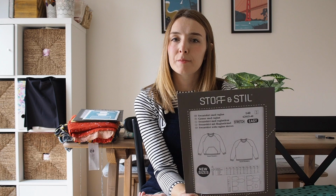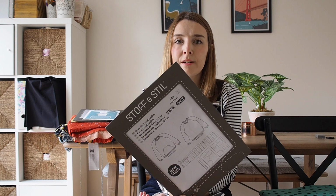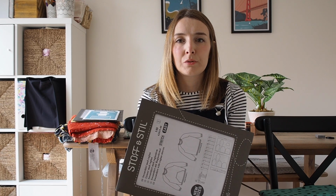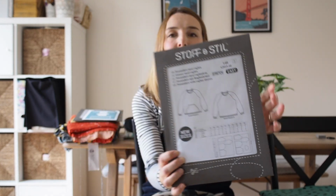I had a look at their patterns as well, and they've actually got some really nice patterns on their website, but you buy them a little bit differently to normal. When you're buying them, they're quite cheap. I think this was about £4, and you buy them by size, so I had to make sure I got my measurements right. My son is 11 now, and he's just over 140 centimetres, so I went for the 140 centimetres size, and I'm just hoping that it's going to fit,